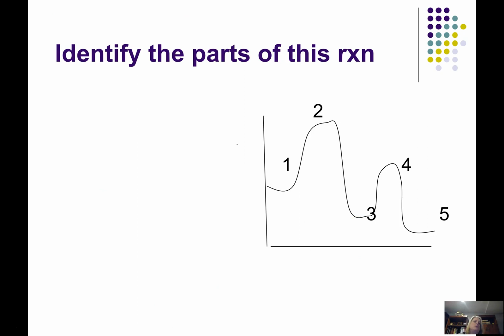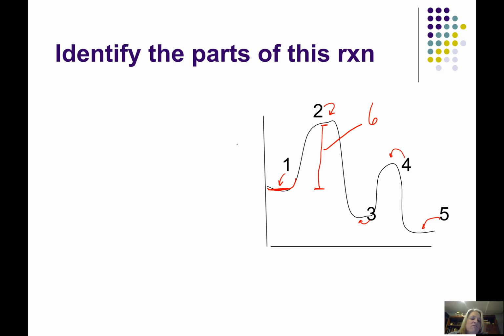So how about you do this one? Number 1 refers to this spot right here, which should be flatter. Number 2 is up here. Number 3 is in this valley. Number 4 is up here. Number 5 is there. And I'm going to add another one. I'm going to add number 6. So identify those parts for me. Pause the video